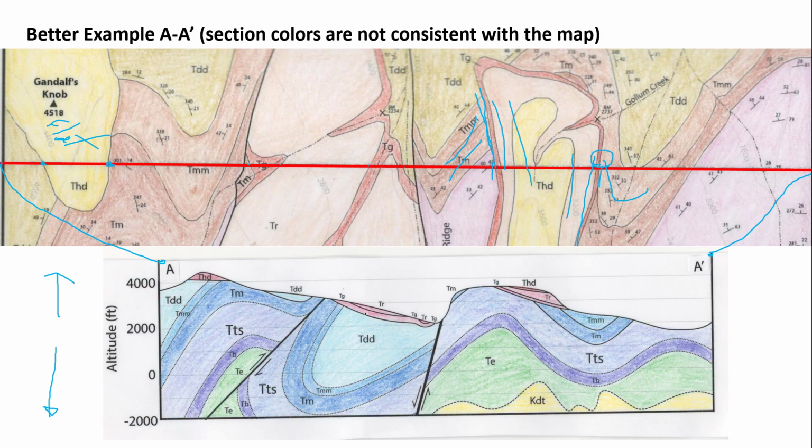Next step is completing the outcrops above the unconformity. So here it was only THD, it was easy. Here you have 2 units, TG and TR. Here you have like 3 units, TG, TR, THD. Complete those, and after completing this, you can go to the big picture, and now you can use these numbers to complete